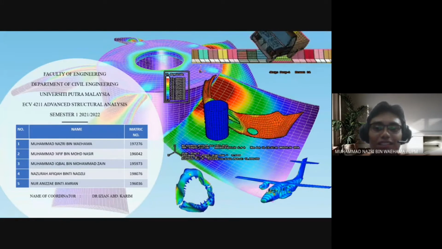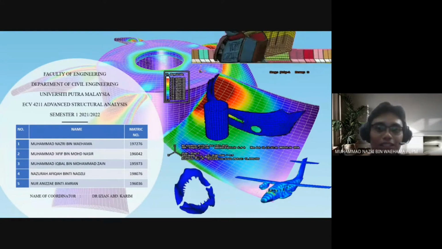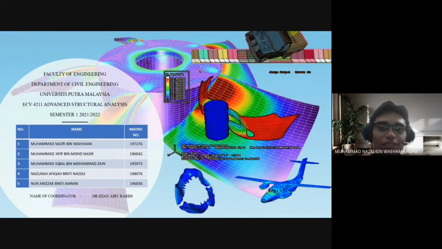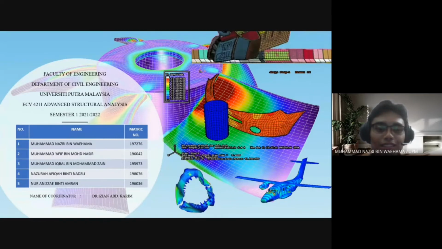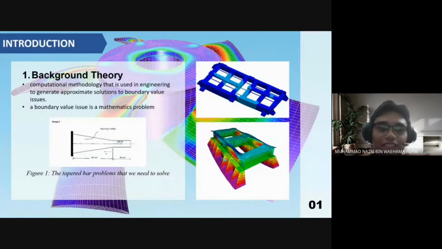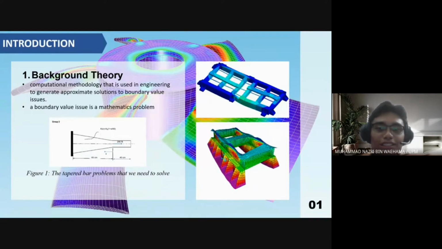Today, our presentation is all about finite element analysis. As you can see from the picture here, they are all the product of FEA, which is the finite element analysis. Next, for the introduction, the background theory: finite element analysis, FEA, is a numerical approach for engineering and